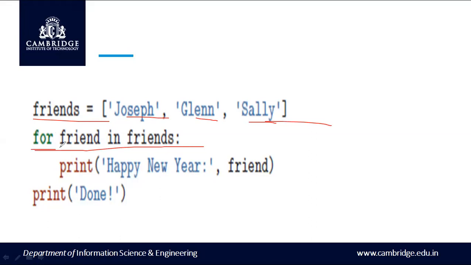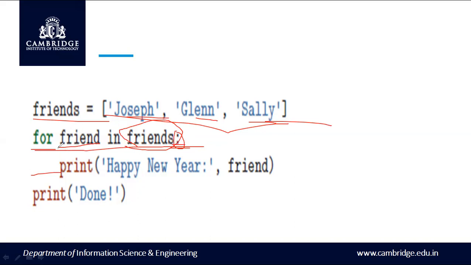So this is the iteration variable, that friend, and this is the list of friends where the names are being stored. You can see again that conditional statements or looping statements are always ended with a colon character. Once the colon character is typed, the automatic indentation happens in the next line. Otherwise, if you don't end it with a colon character, you get an error.